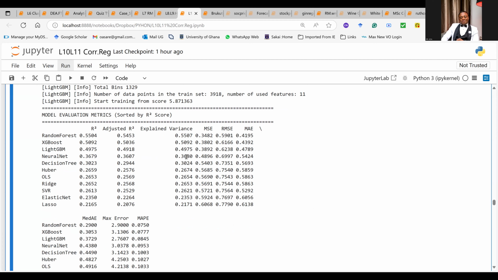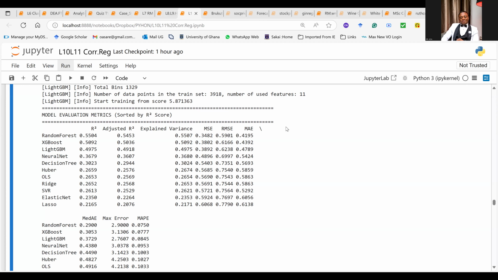Let's hold on there. Based on the root mean squared error, which model is the best? Root mean squared error. It's still the random forest. That one, the lowest figure is the best.